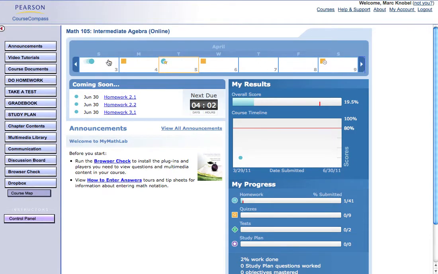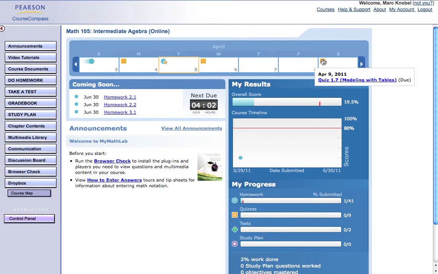And you'll notice these little orange boxes here, and you can see that the orange boxes correspond to a quiz. For example, this orange box here on April 4th says quiz 1.7, you can see it's underlined, so I can actually go to the quiz directly from this link. And it says that this quiz is available, and it's basically the open here. Now if I scroll over